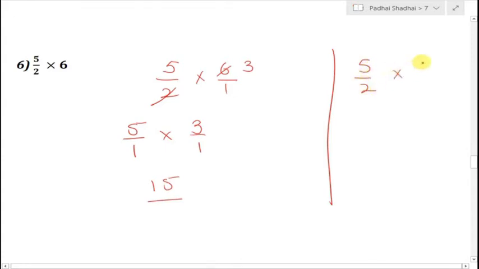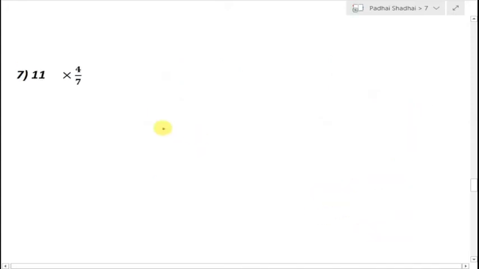In another way, beta, we can multiply both, so it will become 30 here and 2 ones are 2. Now we can convert into simple form. 2 fifteens are 30. So in both the methods we can get the same answer, 15. Okay, you can do any method, beta. You can cut first or afterwards. First we can multiply and afterwards we can divide, or we can divide and then multiply.